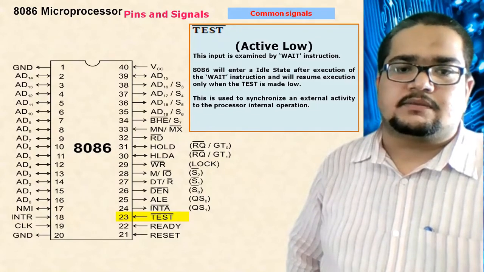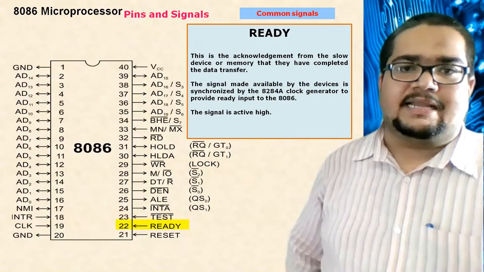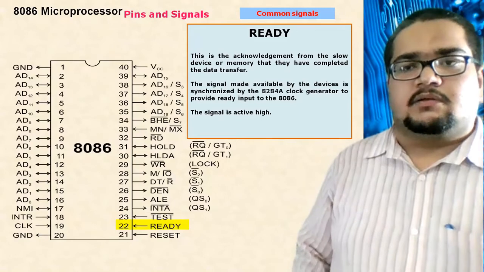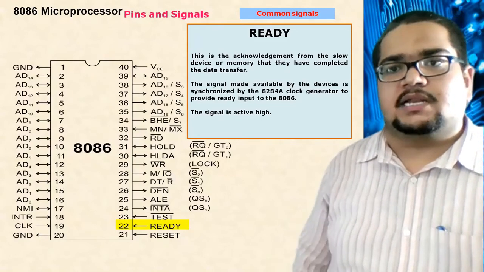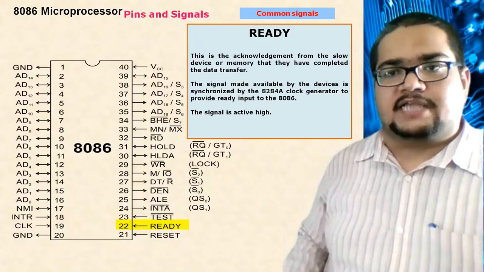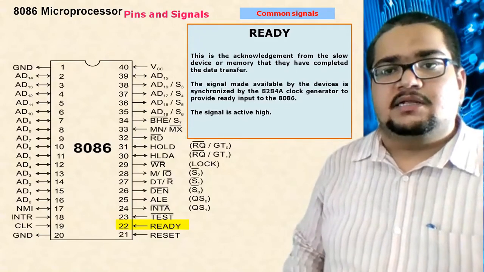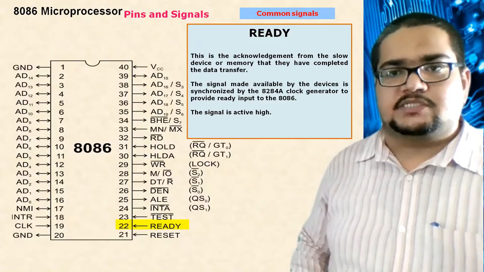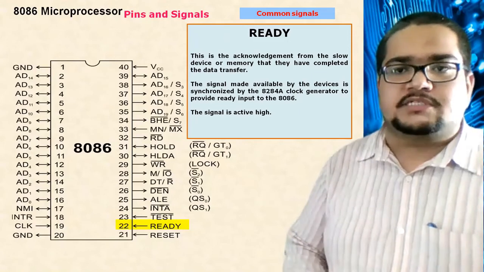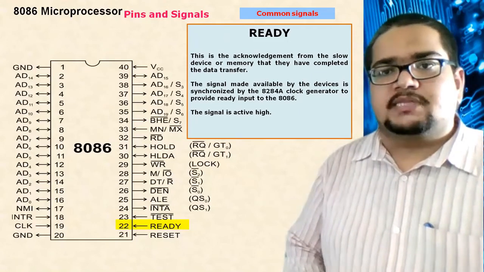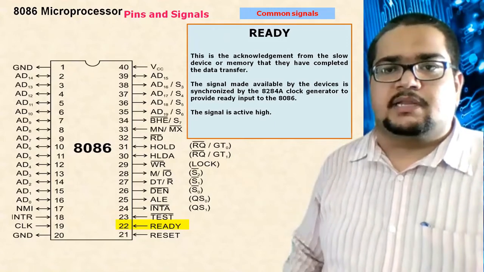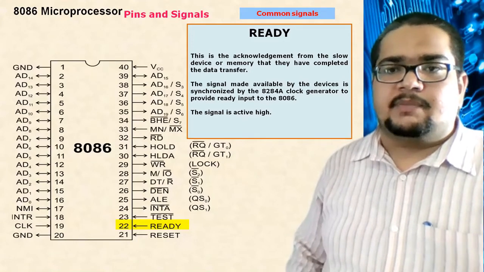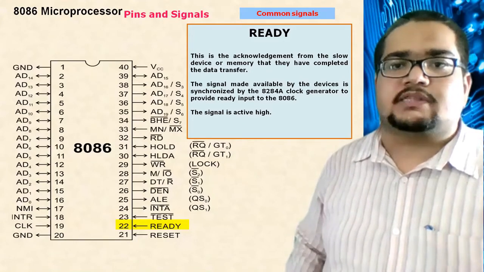Next is READY. Now on a motherboard, a processor is interfaced with many other devices. Let us specifically talk about memory, because we have seen in the earlier class also that memory is physically connected externally to the processor. The working speed of processors is generally faster than the other devices on a computer. Other devices will obviously be your memory, your inputs and your outputs, like keyboard, monitor, memory. Out of all these, the processor's working speed is highest, and all the remaining things are slower than the processor.